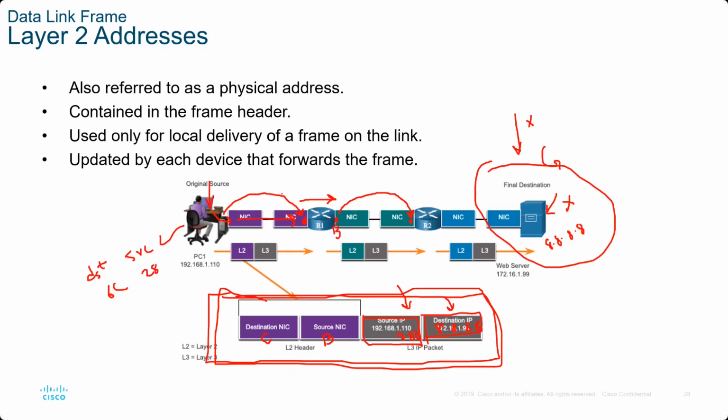This was the source, and this is where it was sending it. Then it removed that frame, and now it created a completely new frame where the source is B and destination is C. And then it will send it on this wire, and this router will receive it. This router will again remove this whole frame, expose the layer 3 data, look at the destination IP, and now it knows, oh, here is the final destination where it's sent to,